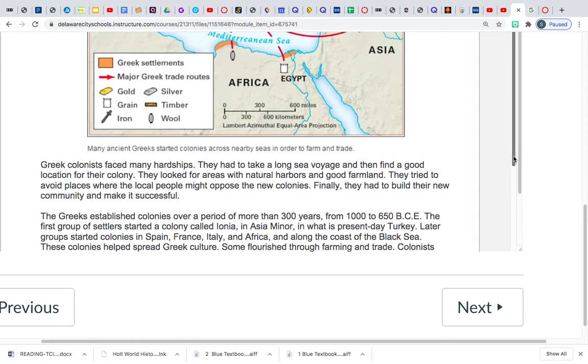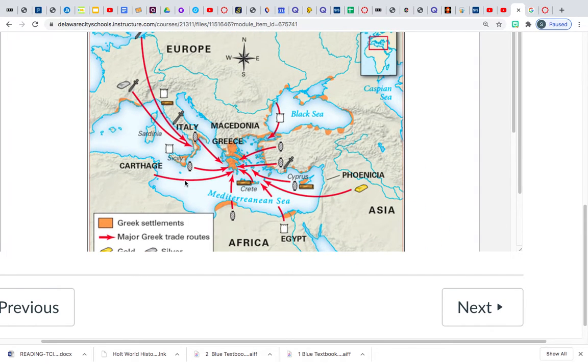Let's take a look. So we see here Northern Africa, there's colonies in Northern Africa, Egypt, especially a city called Alexandria, named after that man at the beginning, Alexander the Great. And over here, that could be Libya, this area, or Tunisia.